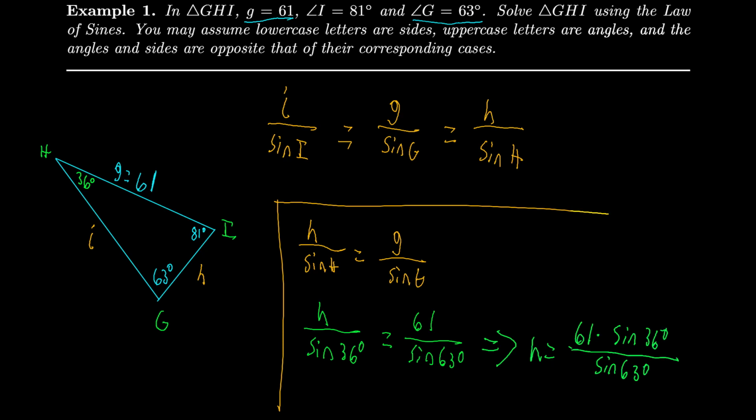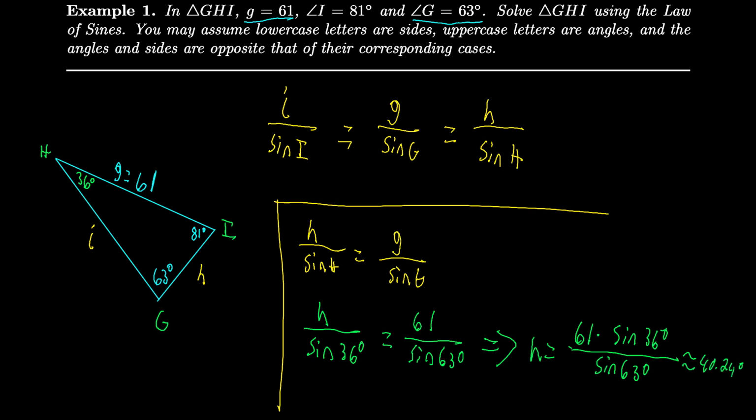Now, how do you know what these things are? You don't. You plug it into a calculator. 61 times sine 36 degrees over sine of 63 degrees. And make sure when you do plug it into a calculator that you're in degrees and not radians. However, when you plug this into a calculator, you get about 40.24. If you want to round this, you get about 40.24